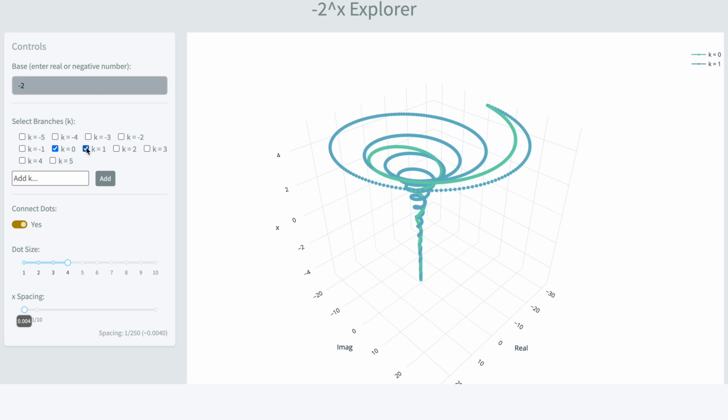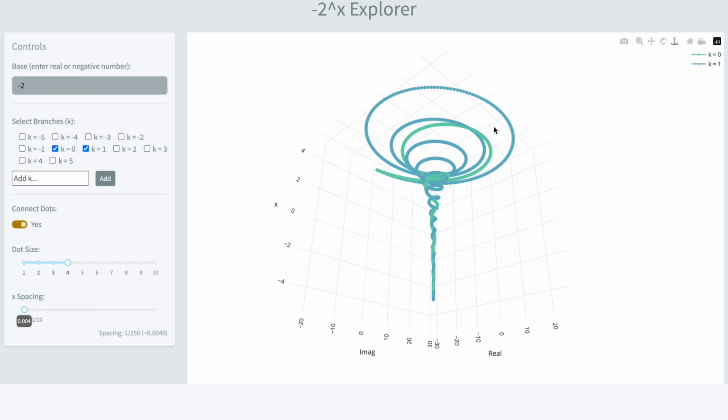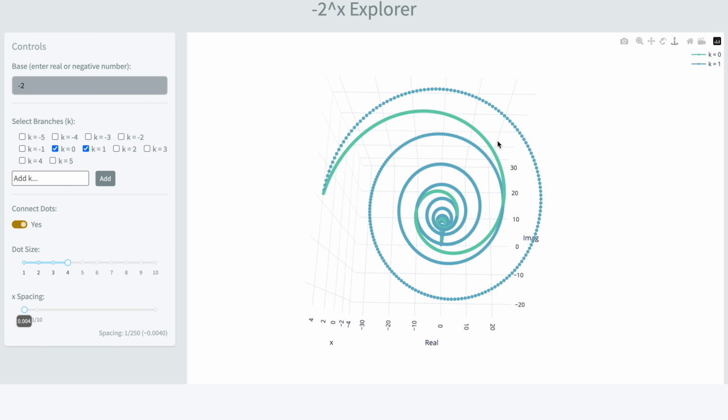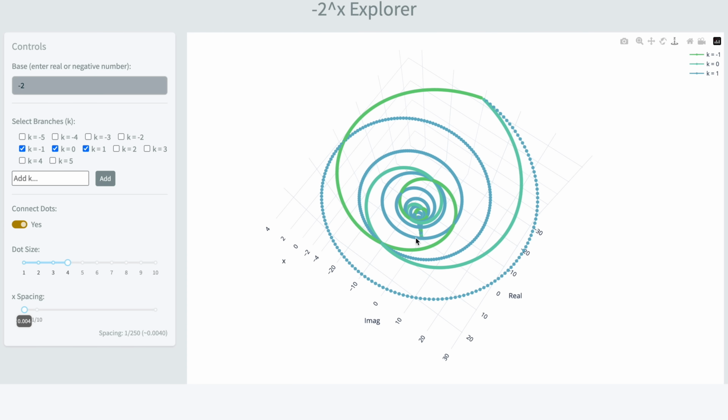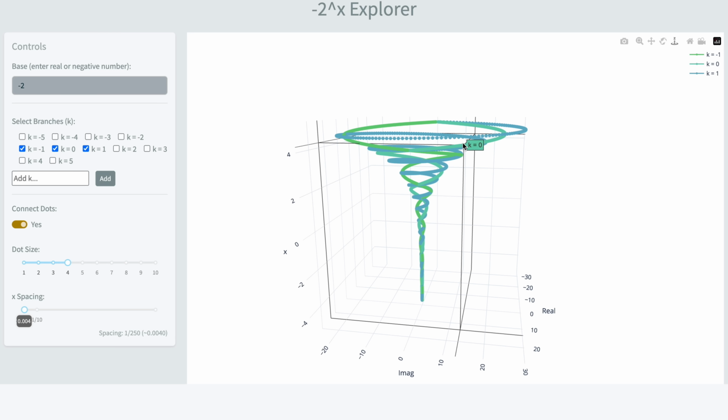Now, one spirally thing like this does not a trumpet make. So let's chuck on k equals 1. We've now got 2 of them. Look, it's so great. And you can see it's a similar shape, slightly tighter coil. And the dots are because we're sampling it at discrete points. We can switch on k equals -1. Look at that, we're seeing all of the principal ones and the symmetric roots on either side of that as you go either way around the circle. Because you can either go all the way around a circle to cover it, or you can go half in each direction, and that's the way we've set this up.